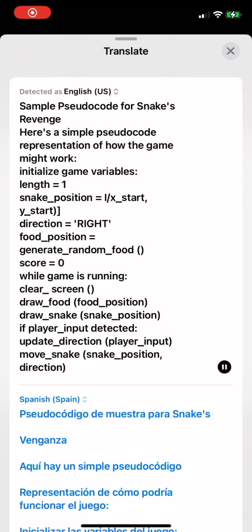Sample pseudocode for Snake's Revenge. Here's a simple pseudocode representation of how the game might work. Initialize game variables. Length equals 1. Snake position equals x start, y start. Direction equals right. Food position equals generate random food. Score equals 0. While game is running: